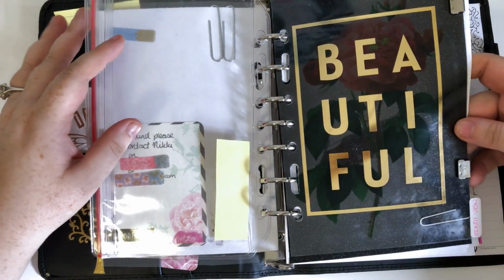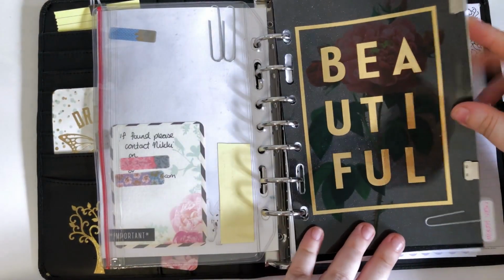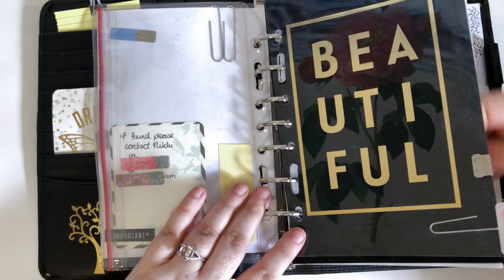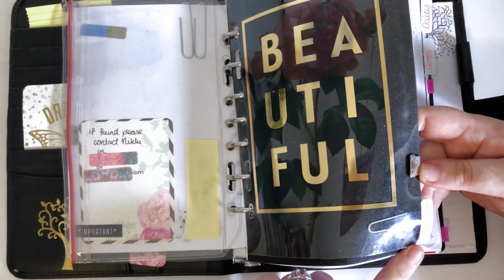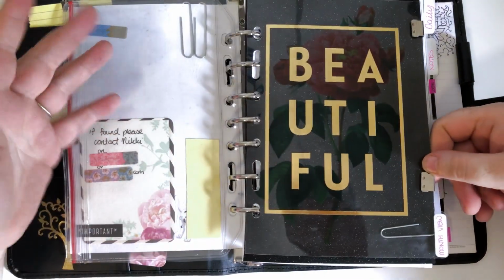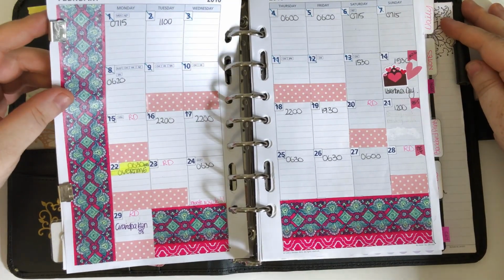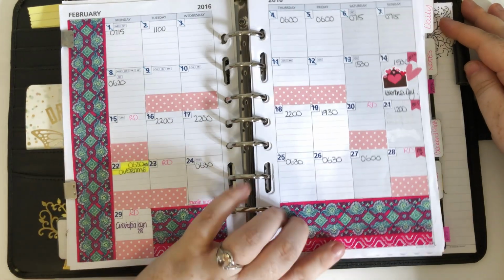Sorry, so embarrassing. Some black glitter card stuff with another dashboard which I have butchered to fit on top, and the tab says it's my monthly view, written in a pink friction erasable pen, and this is like 3 years old, for anyone that says the friction ink doesn't last, it lasts just fine. And yeah, that is my first monthly spread, February of 2016, using some Scotch brand washi tapes,